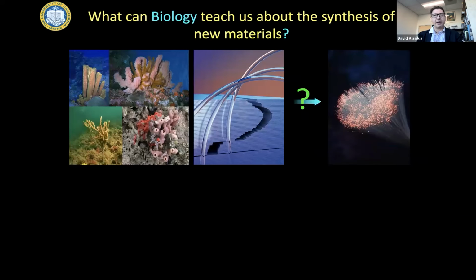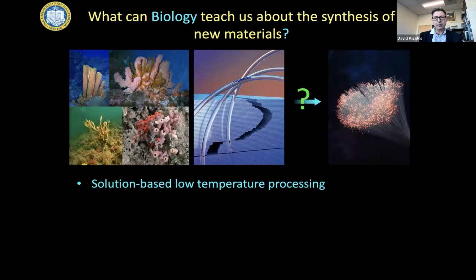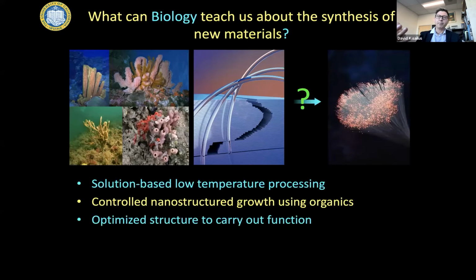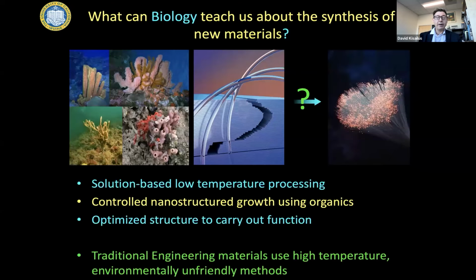So the last part is talking about the nano side of my lab. And again, biology, including yourselves, can make really highly, specifically crystalline structured materials with incredible precision at room temperature. So could we actually use bio-inspiration for making low temperature processed materials that are more environmentally friendly? Can we control how those structures actually grow? And of course, when we control those structures, we can optimize their function. And I'll give you an example. And the idea here, of course, is to avoid any high temperature environmentally unfriendly methods.